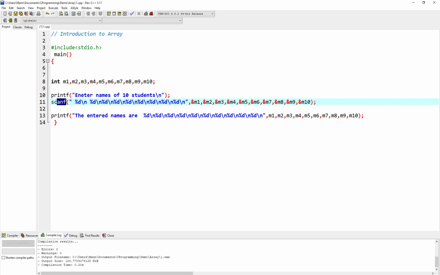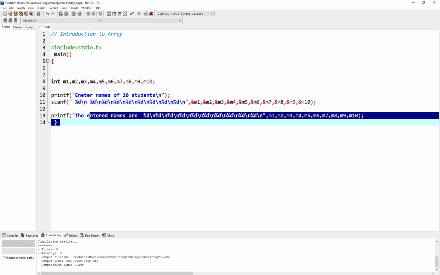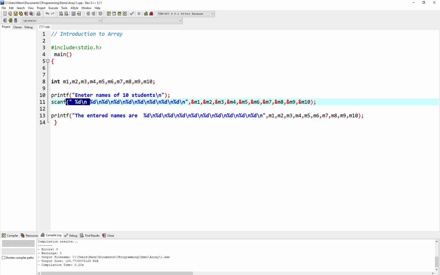As you can see on your screen, we have these 10 variables of type integer, m1 to m10, and from here the user enters the marks, and using scanf we take these marks in these variables m1, m2, and finally we are going to printf, right? Now to read the values of these 10 different variables we must obviously have 10 read statements. Although we have not written the 10, we have merged it into one scanf.